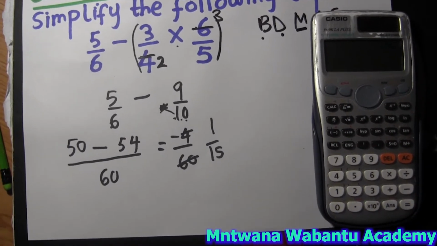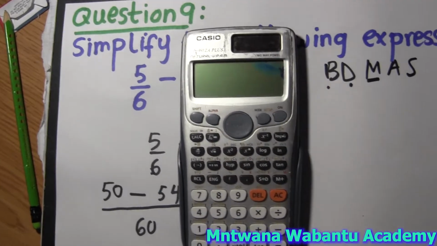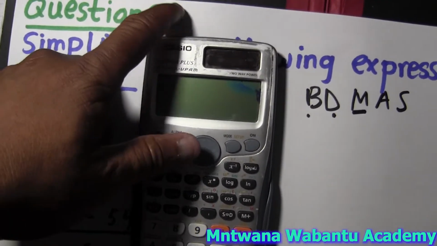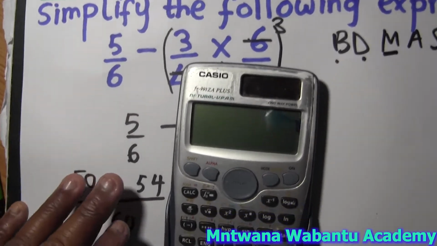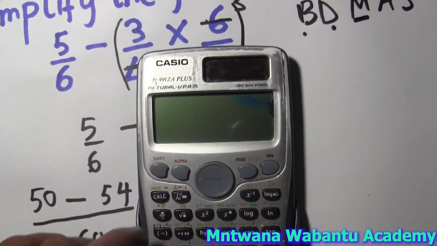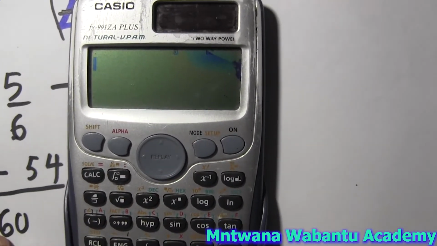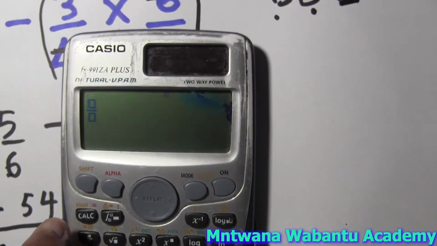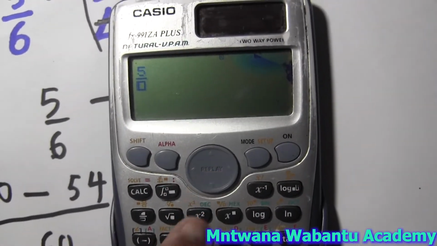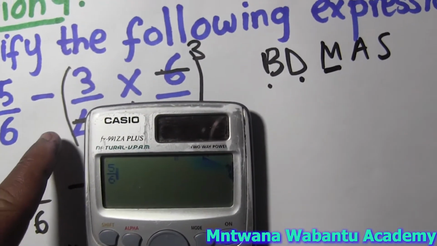But also, I can show you how to use a calculator. Using the calculator, this is what you do. I always recommend people to use this calculator. This is one of the best calculators. But if you have one that you are comfortable with, you can also use it. So I'm going to switch on, and then you press fraction. Which number do we have here? 5 over 6. I'll enter 5, come down, and then over 6, and then I'll go next, and then we have minus,